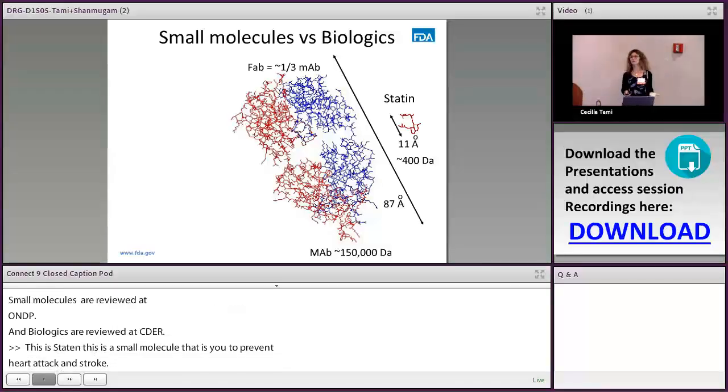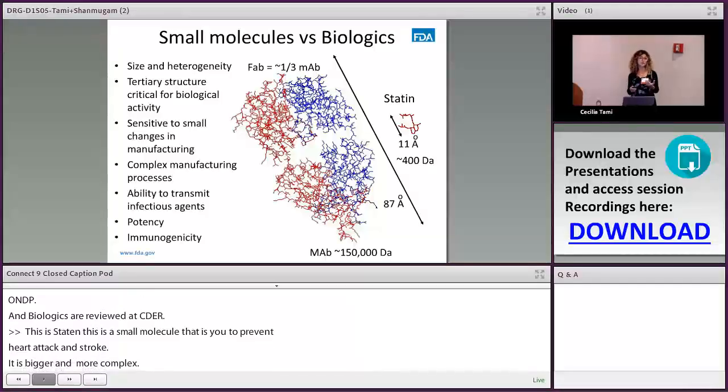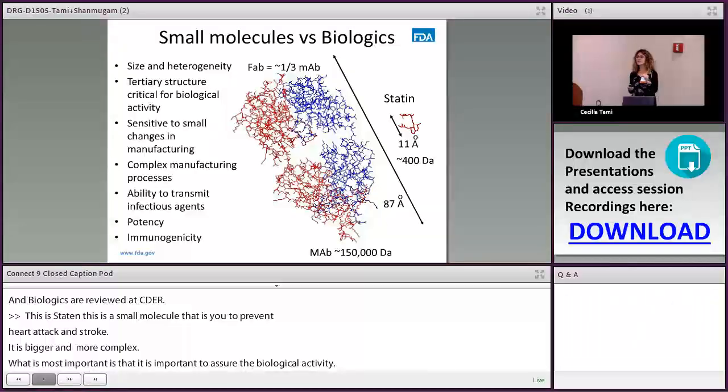A monoclonal antibody is bigger, and it's more complex, and that is also clear from the image. What is also important in biologics is that the structure is very important to assure the biological activity. And because the manufacturing process is complex, small changes in the manufacturing process can have a huge impact on the quality, the structure, the activity, the purity